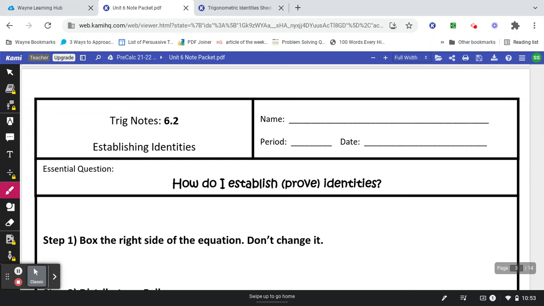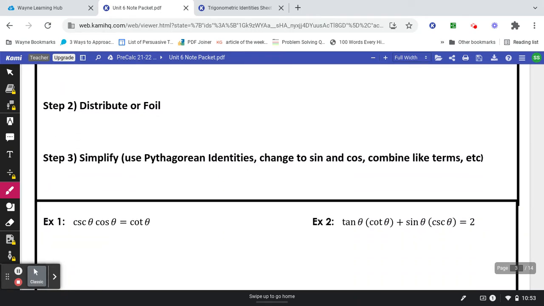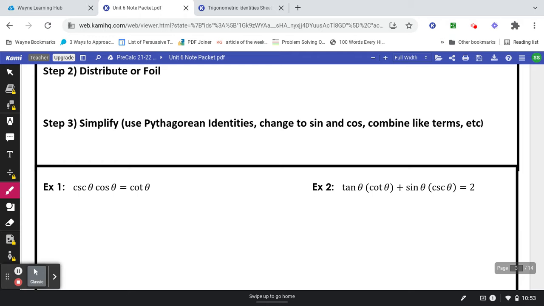These are the trig notes over establishing identities. This is very similar to what we did with our 6.1 notes, the notes from the day before. This time, however, what's different is they are actually giving you the answer that you are trying to get to. So on the left-hand side of the equal sign is the question, and on the right-hand side is the answer. And so your job is to just find the path that gets you from the left